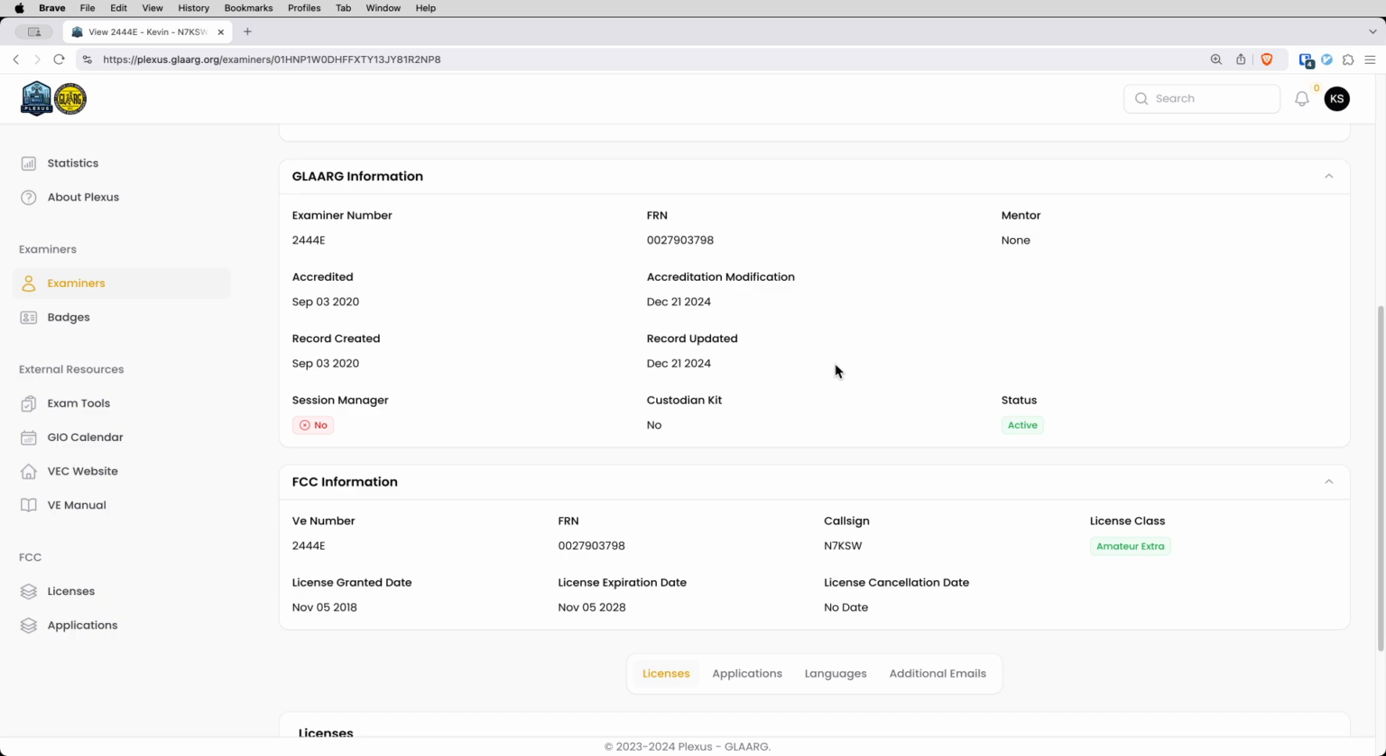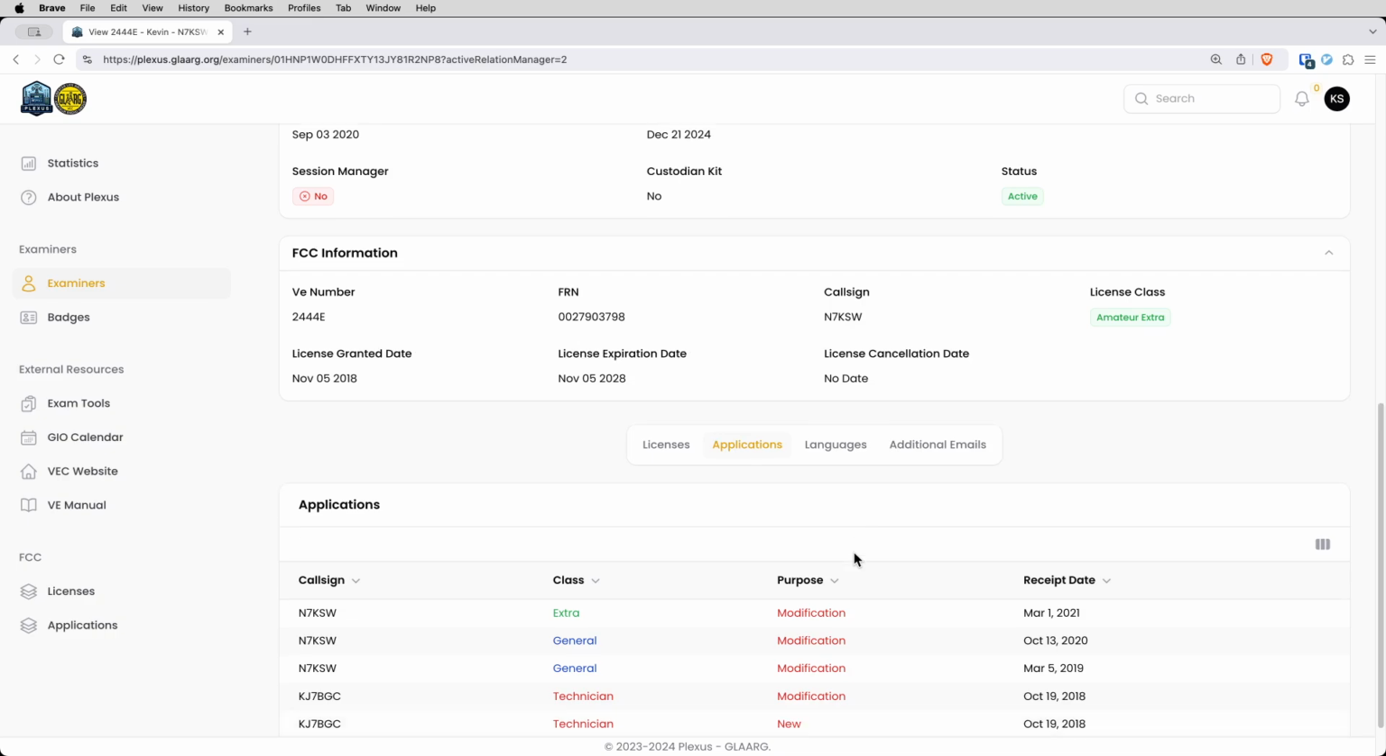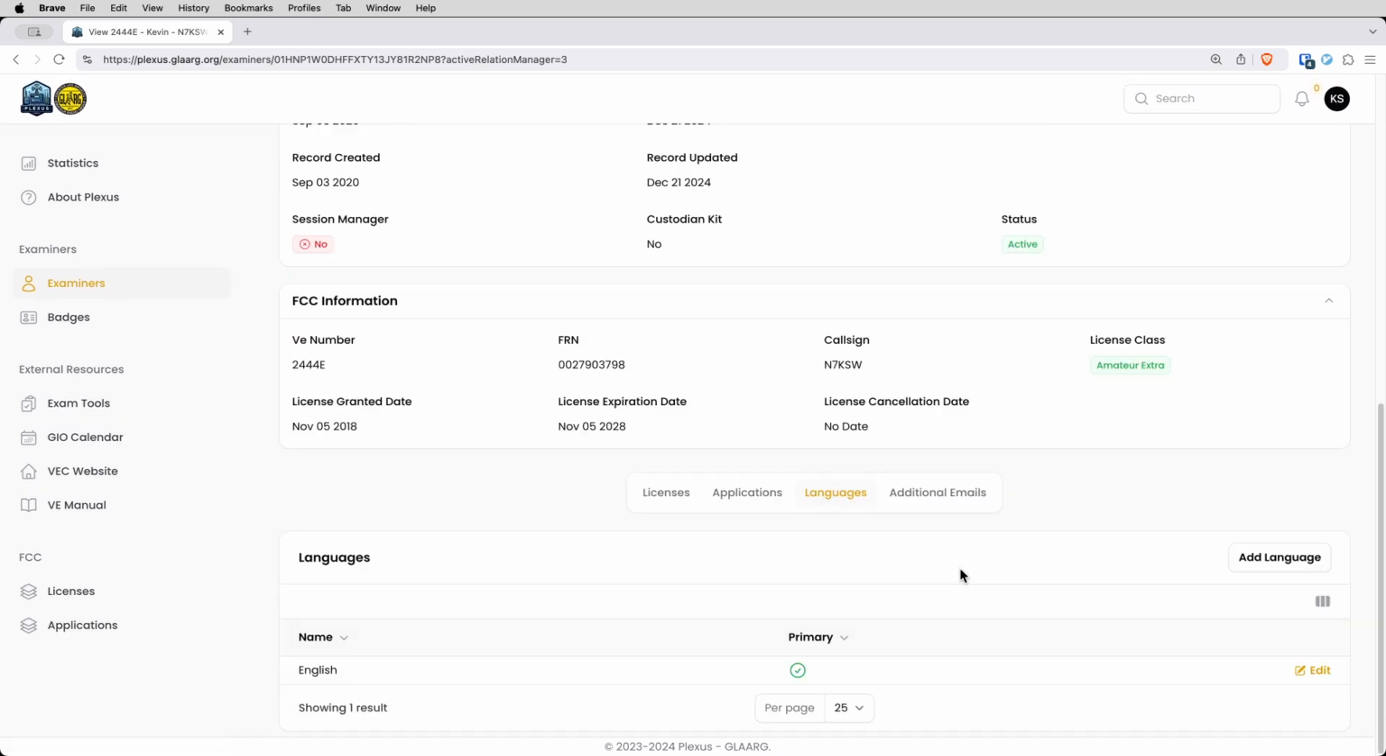So here's some more VEC information about me, and here's some information from the FCC. Down here I can see basically the details from ULS, which is where this pulls the information from. I can see my previous licenses on my applications, and here I can,